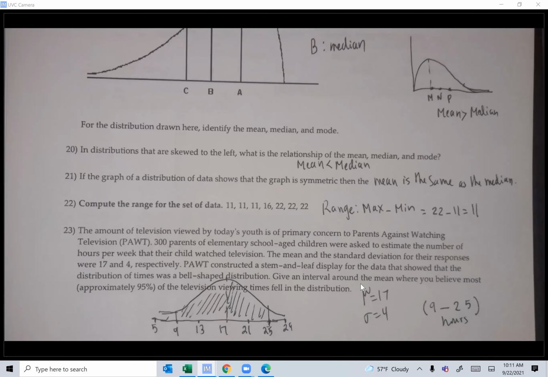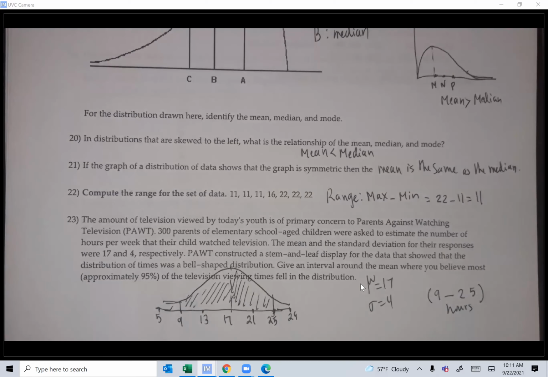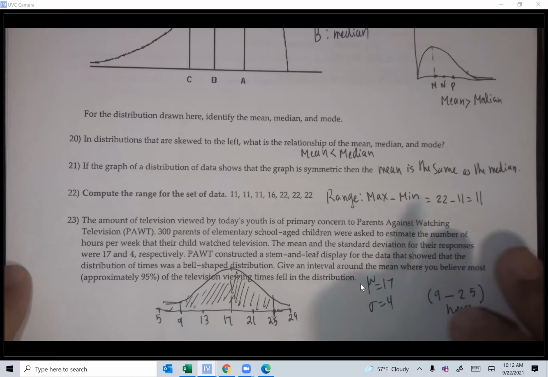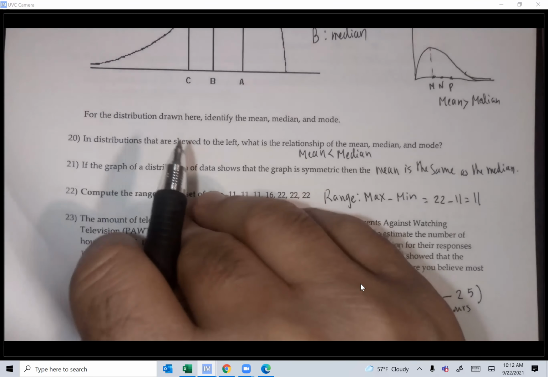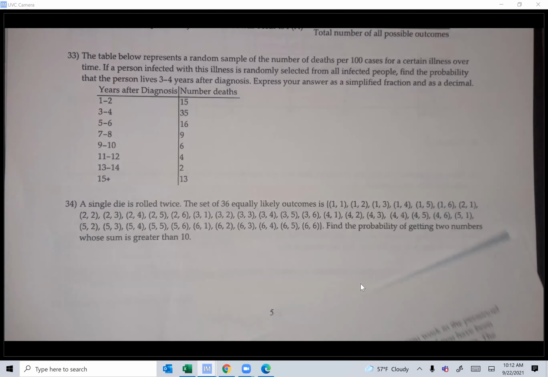If I give you the same question on the test and I ask you to construct an interval for the 68% of the data, the 68% is within one standard deviation, will be between 13 and 21. And if I ask you 99.7% of the data, then it will be from 5 to 29. Okay, that's the empirical rule. All right,